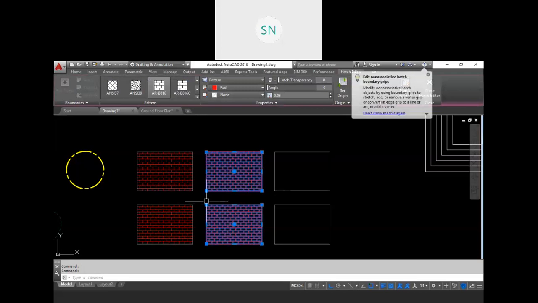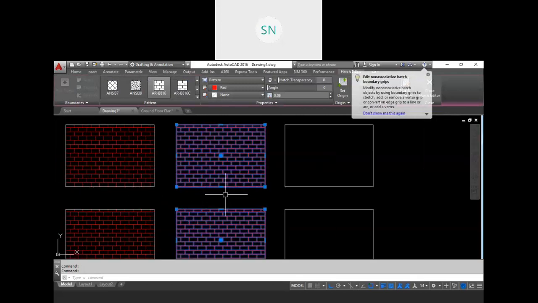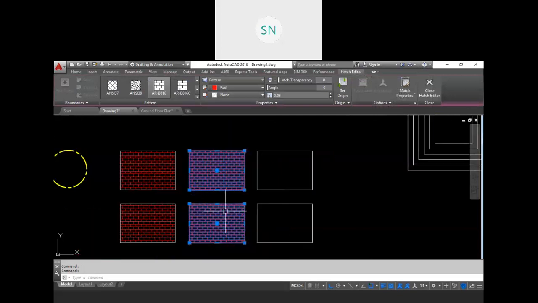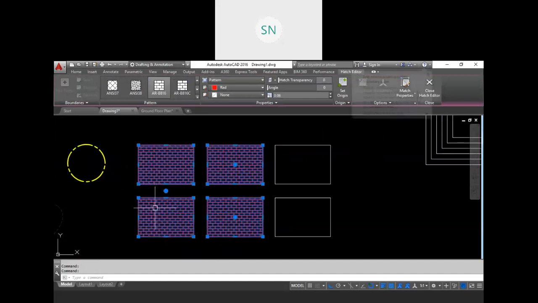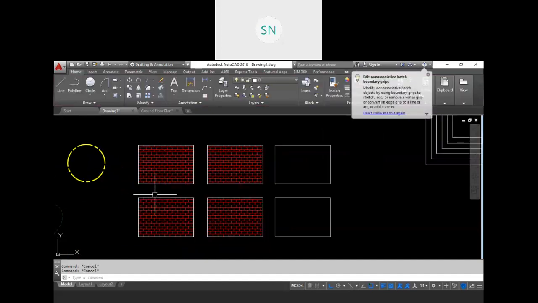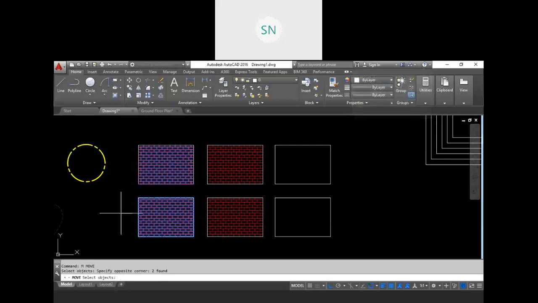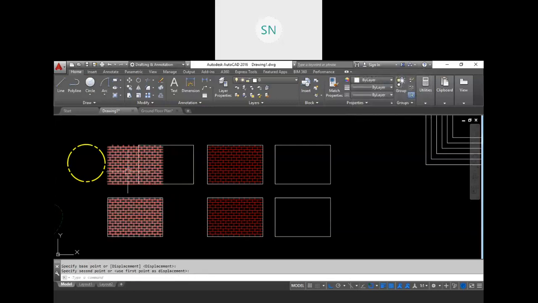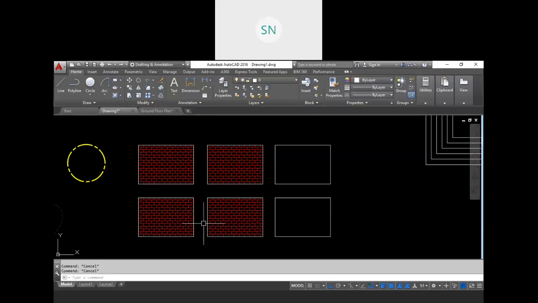If you want to fill more than a single boundary at a time, then make sure your create separate hatches option is on. If it is off, then your hatch will be combined, a single one. So what will happen? For example, I want to move this rectangle. That hatch will also follow, because this hatch is a single hatch, right? So that's the first option, create separate hatches.